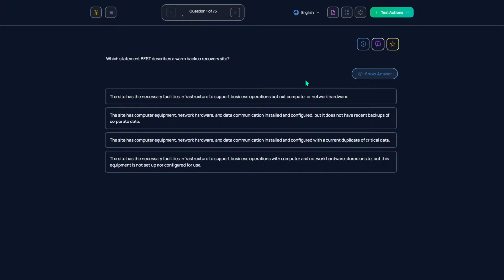Which statement best describes a warm backup recovery site? The site has necessary facilities and infrastructure to support business operations, but not computer network hardware. The site has computer equipment, network hardware and data communication installed, but does not have recent backups of corporate data.